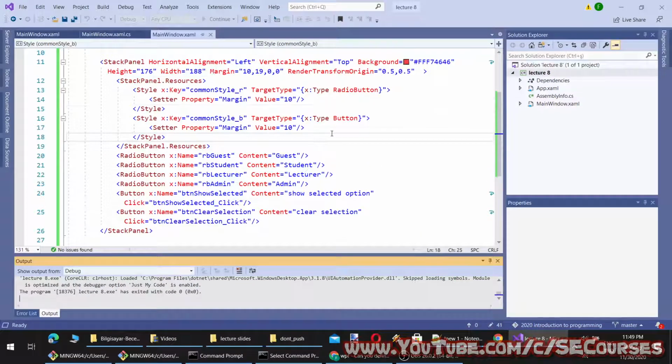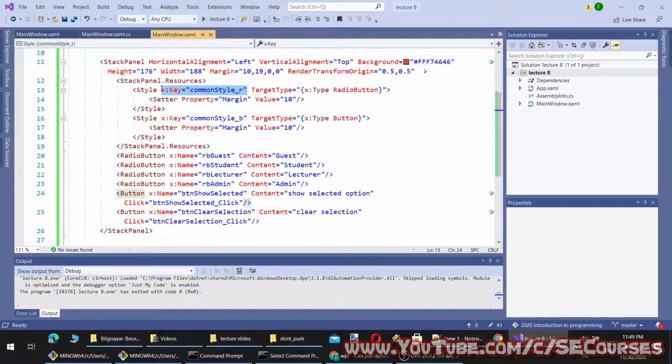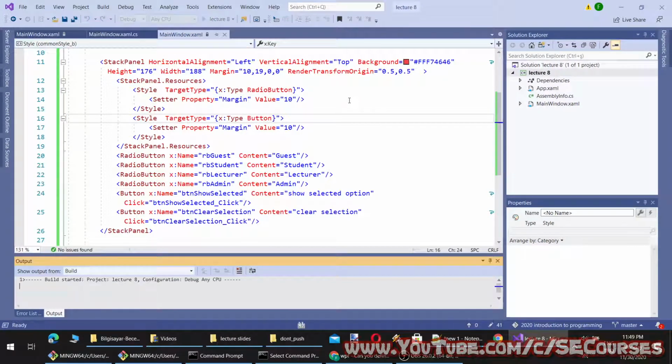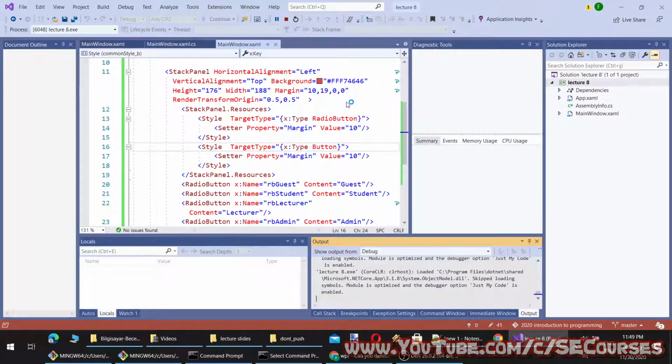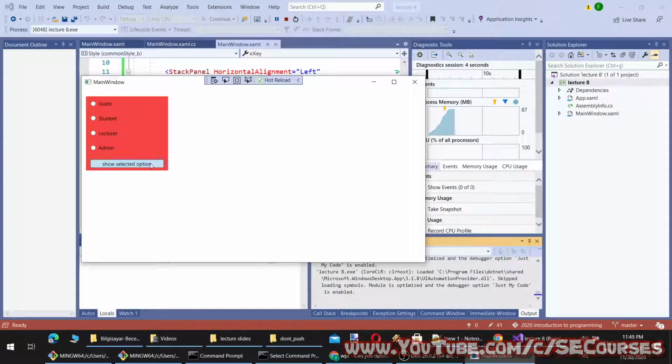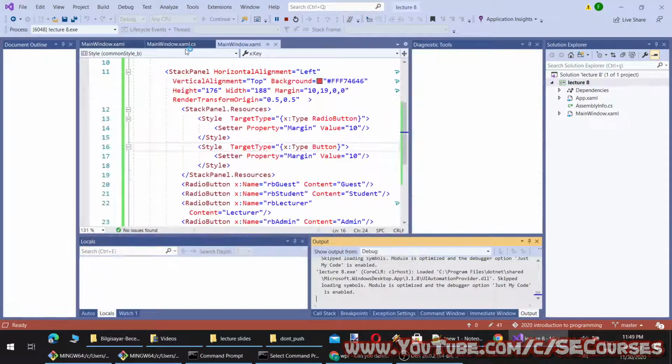My setter property is gone right now. And why is that? Maybe because of key. Let's remove the key. Okay, now it works.